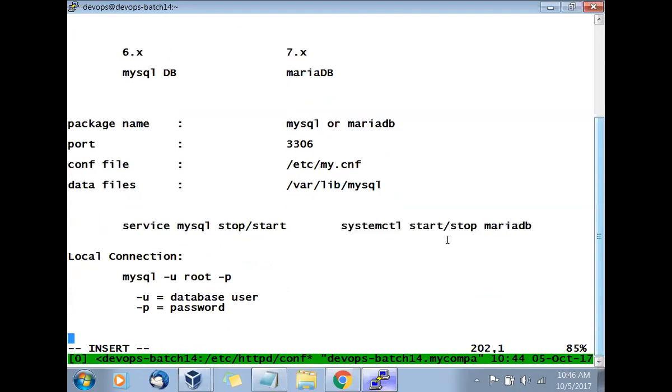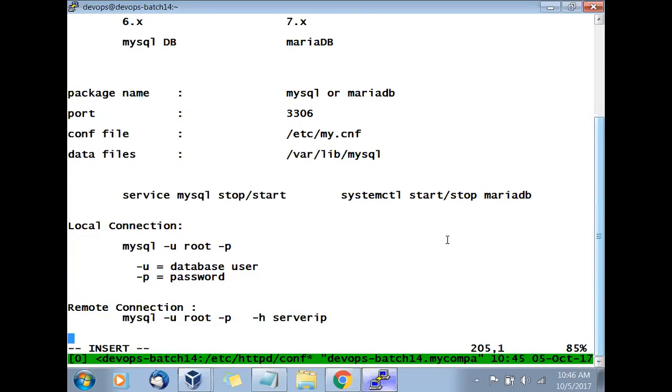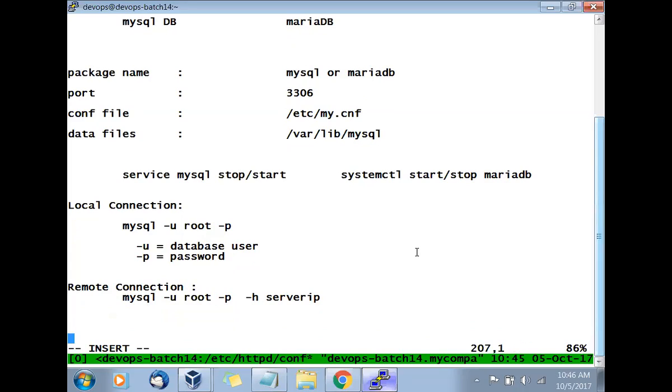Now suppose your server is at a remote place, so it's a remote connection. So mysql -u root -p -h and the server IP. If the server is remote, you will have to use different commands.